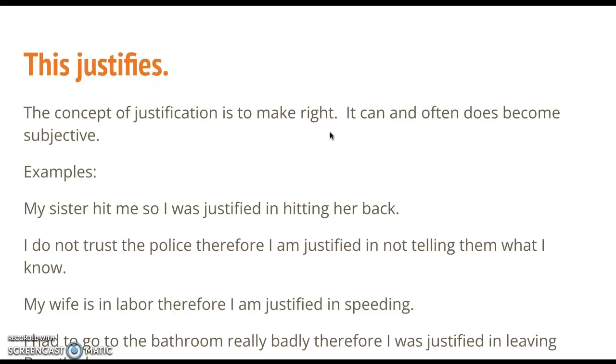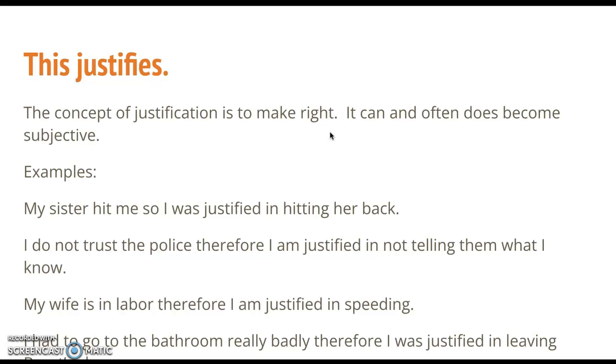So this justifies. As many of you know, I studied religion and theology, which is the study of God, the study of Christianity. So justification is a big term there. If you attend church, maybe you've heard your priest use it. But the concept of justification is to make right. Now, the issue with this is it can and often does become subjective, which means that we don't always agree